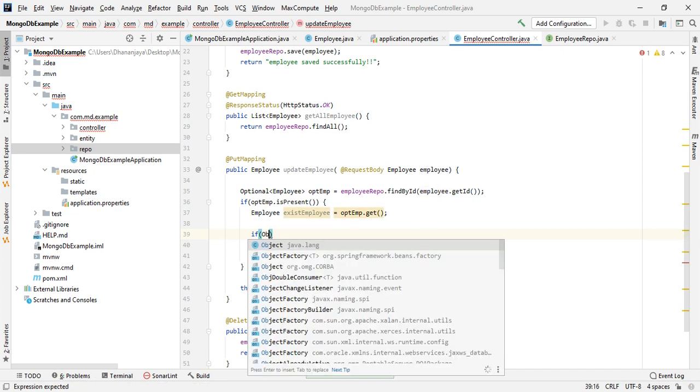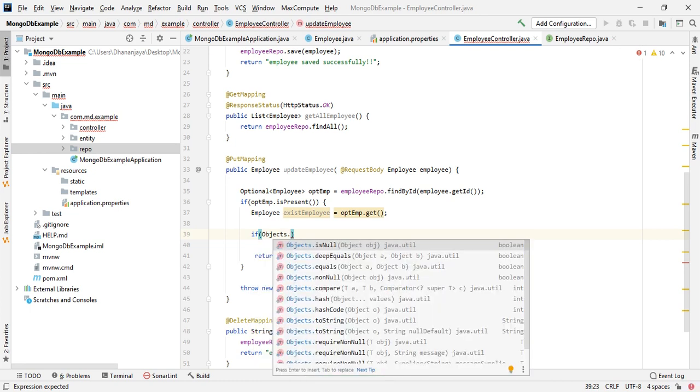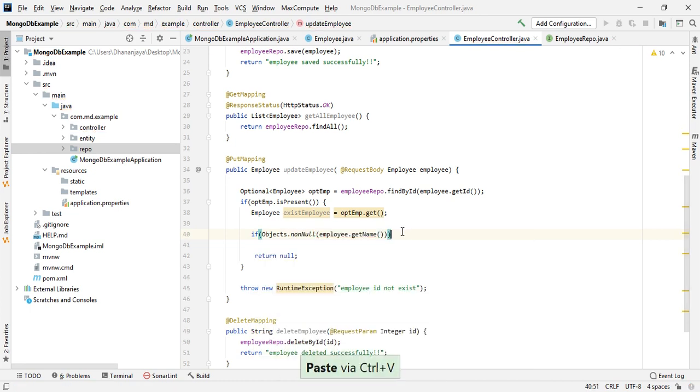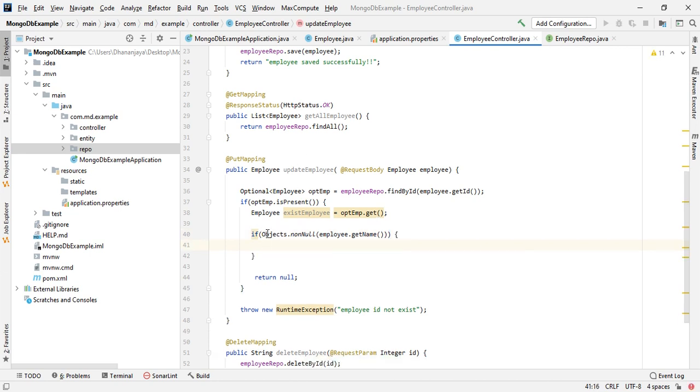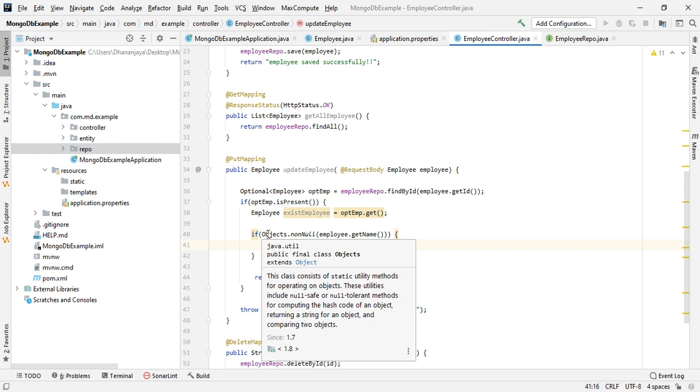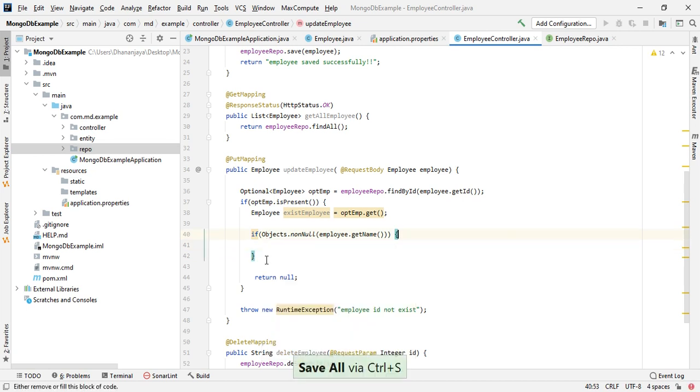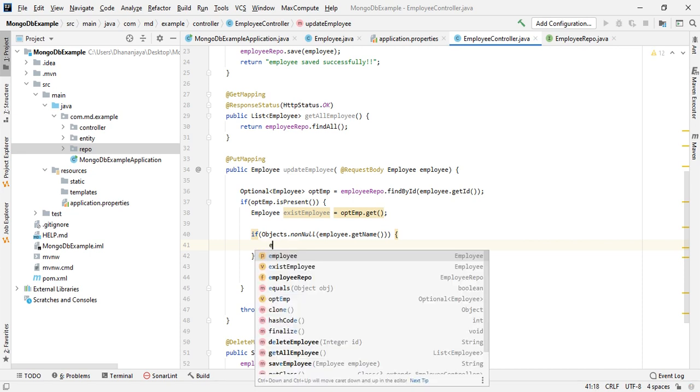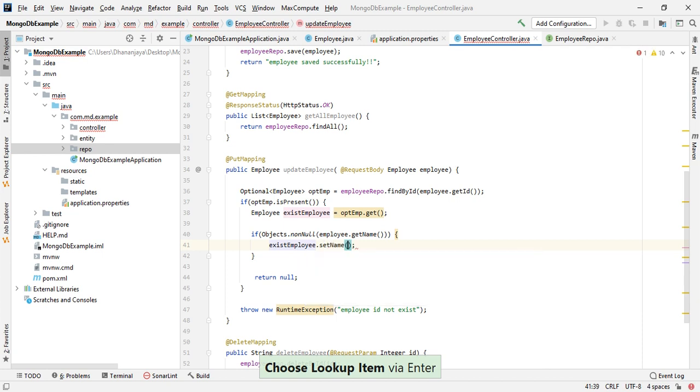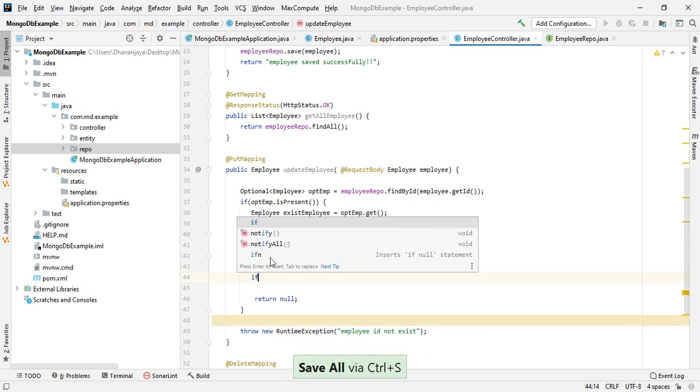Instead of that we can check using Objects.nonNull. This class is provided by the Java util package, you can use that for null checking, or else you can use the Optional isEmpty or isPresent. So if it is non null, then we will update the name: existingEmployee.setName(employee.getName()). Same way we'll do the mobile also.